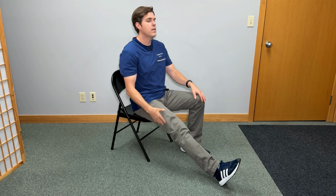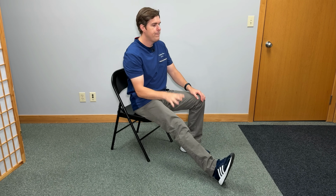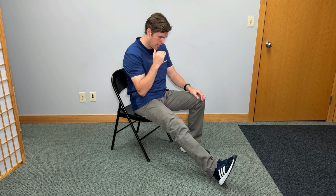We're going to hold this, and now we're going to bring our foot back towards us as much as we can until we feel that deep stretch in our calf. Build into this one as much as you can, almost to the point where you're stopping right before the point where it would cause more sciatica. We're going to hold this, and now we're going to slump forward